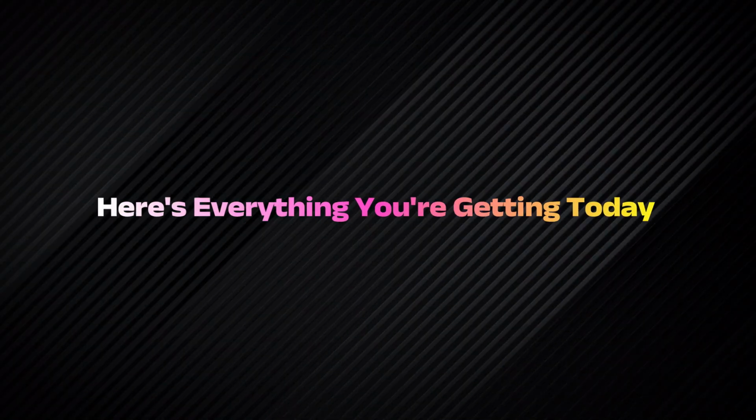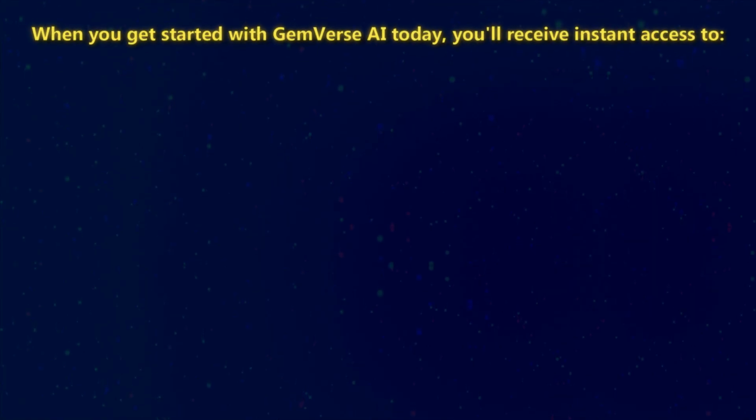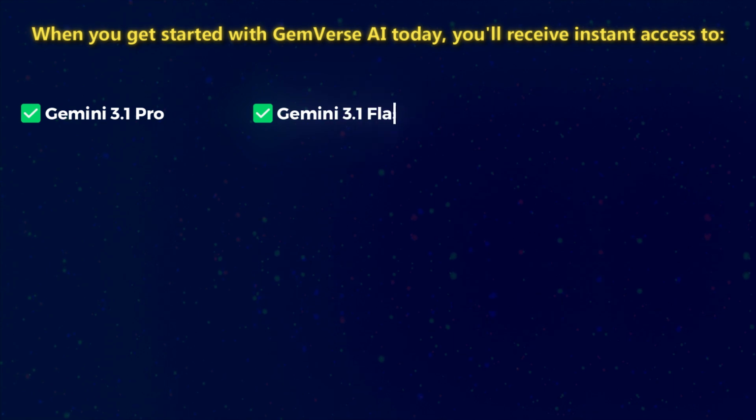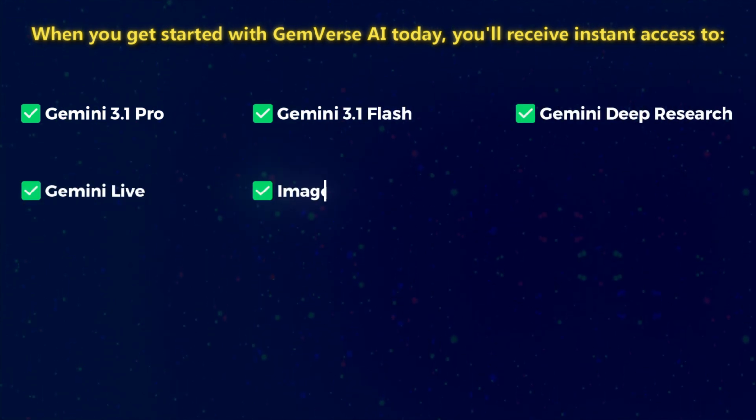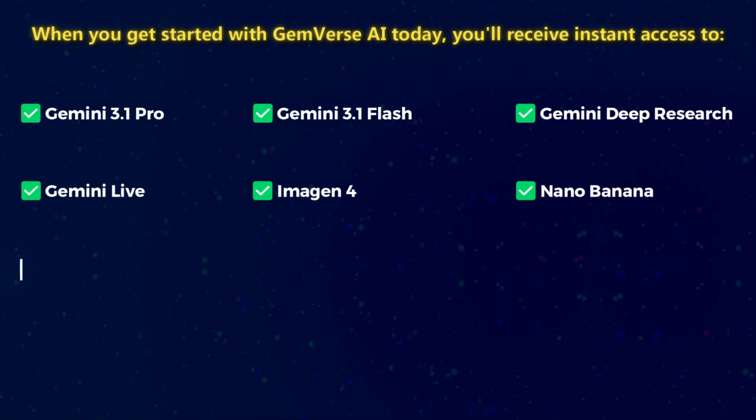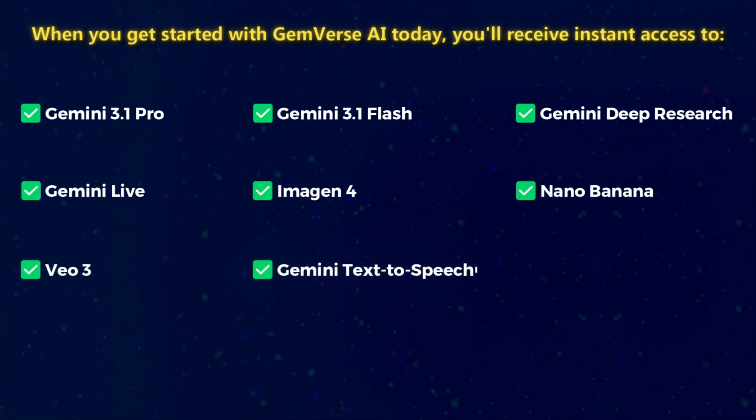Here's everything you're getting today. When you get started with GemVerse AI today, you'll receive instant access to Gemini 3.1 Pro, Gemini 3.1 Flash, Gemini Deep Research, Gemini Live, Imagen 4, Nano Banana, Veo 3, Gemini Text-to-Speech,